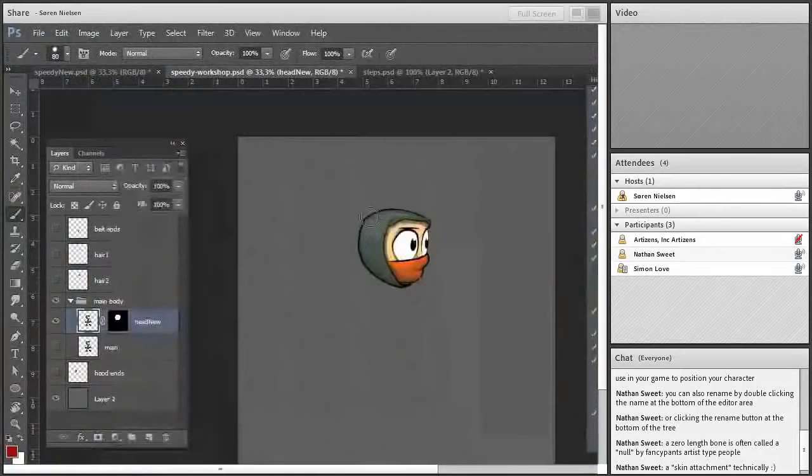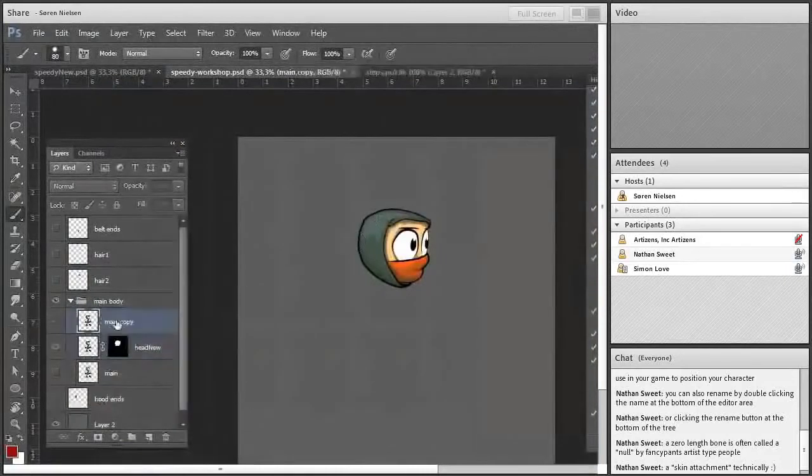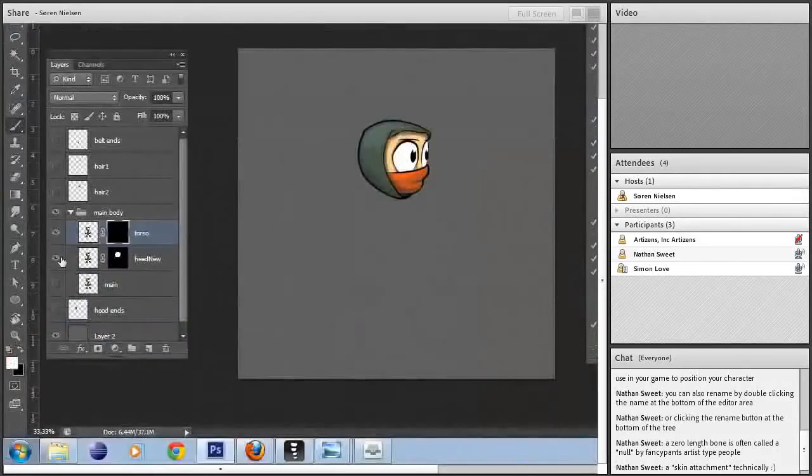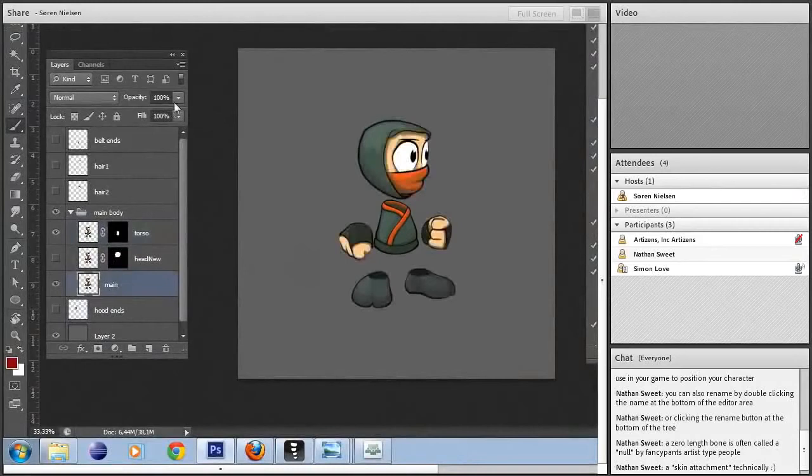And this is basically what I'll be doing. So once I have the first one here done, then make a new copy, call this one torso, create a new mask, hide the old one, and... Isn't it sort of hard to see where you're drawing when you start and everything's not visible and then you have to draw? I mean, I could just take this old one here and change the opacity of that,